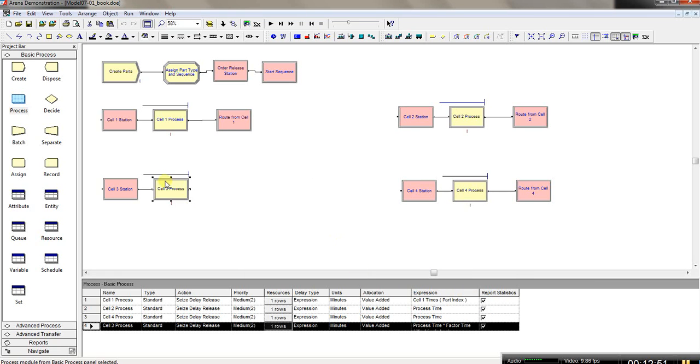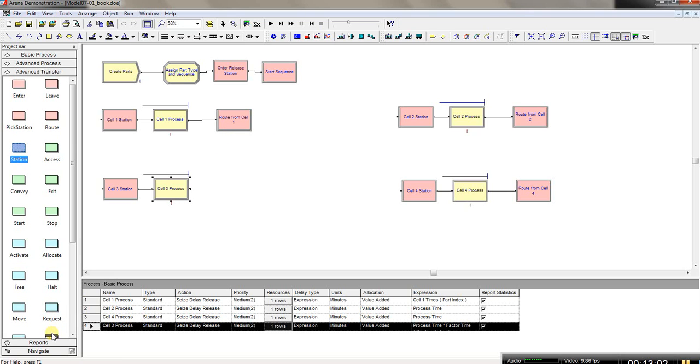So now that we took care of the cell 3 process, the next step is to route from cell 3. I could either copy this, or alternatively I can just demonstrate how we can do that by pulling the flowchart from the advanced transfer. So here I clicked on advanced transfer, right? If you don't have it, you can attach it template by clicking on template attach,